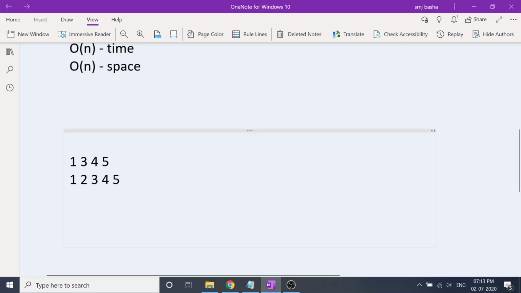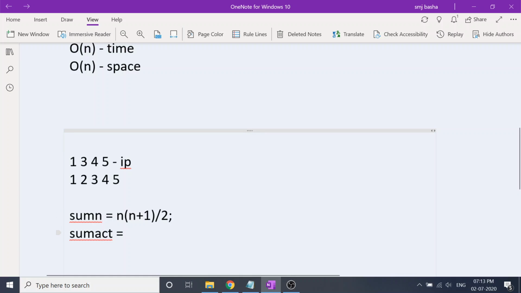In fact, you can use the formula to compute the sum of all n natural numbers. Sum n is equal to n into n plus 1 by 2. Or you can also use a for loop which takes order of n. Now, sum n minus 1, sum actual. So actual sum is the sum of all the elements in the input array.